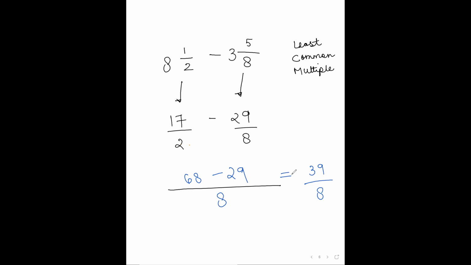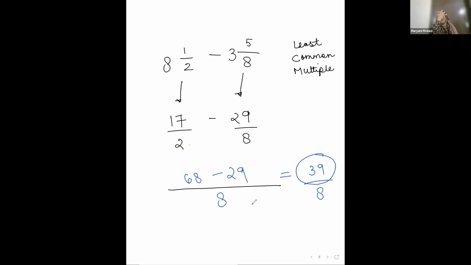It will be 39 by 8. Very good. And how do you convert that into a mixed fraction? So first of all, is this the simplest form? Yes, it is the simplest form, because when you notice the table of 8,